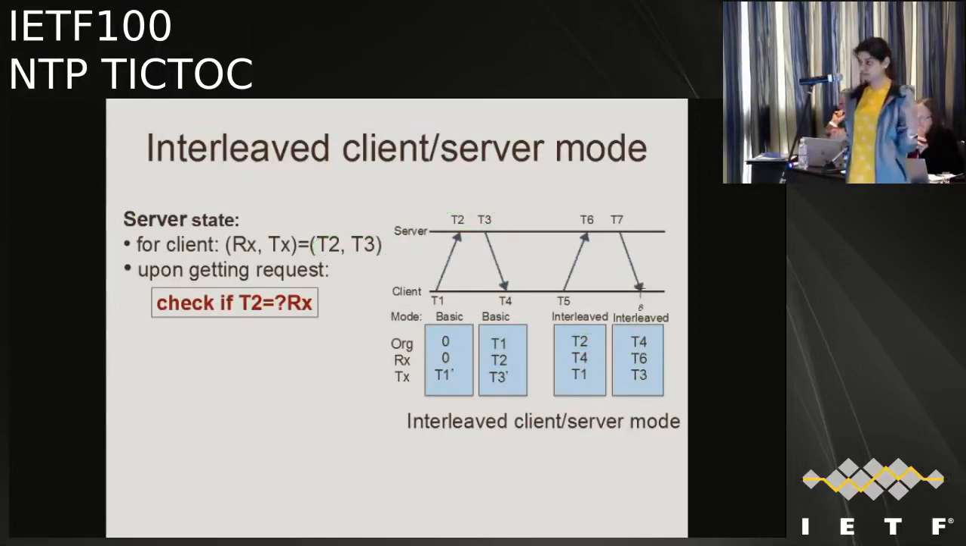So there are two things that the server has to do. One, he has to maintain the list of transmit and receive timestamps for each client. And second, upon receiving any request, he has to compare the origin timestamp to the receive timestamp for the client in order to see if the packet is in basic mode or the interleaved mode. And if it is in the interleaved mode, he replies with this more correct T3 timestamp that he has saved for the client from the previous packet. So this T4,